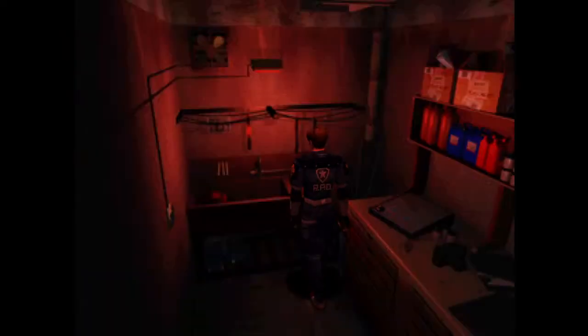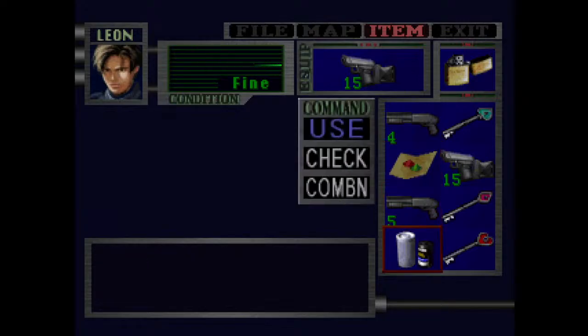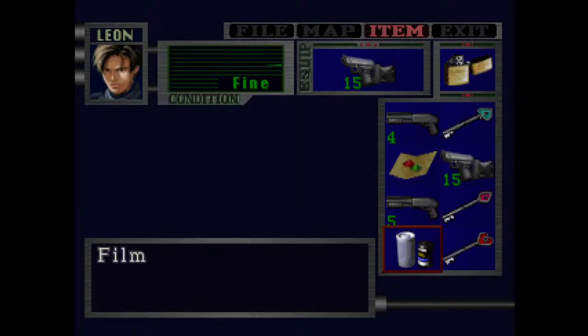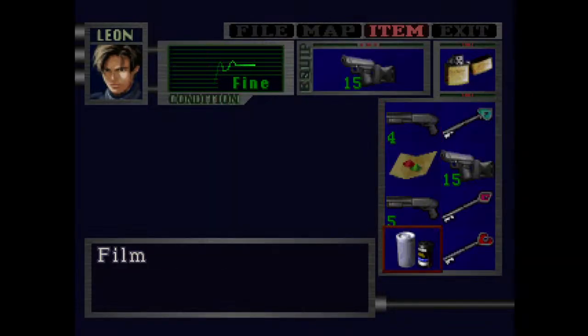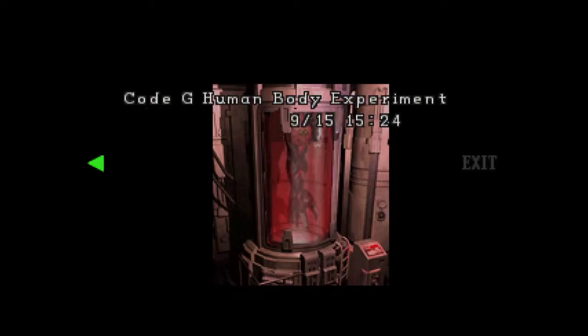So, we go on to develop this film, don't we? Which is probably not going to be a big important thing. Let's just see. Right, we just about it. It's a picture of Film A, which is some kind of specimen. Probably the creature that I've got to fight in the lab. Not actually in, I'm not fighting him in the lab, but you know, that is the picture of him in it. So Code G, human body experiment